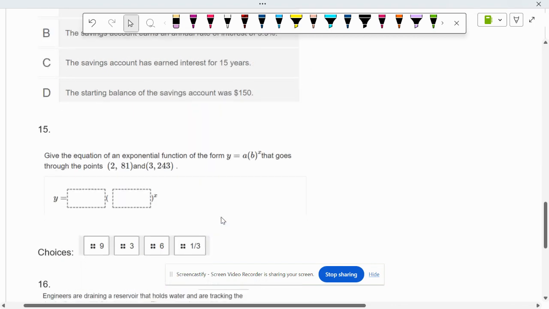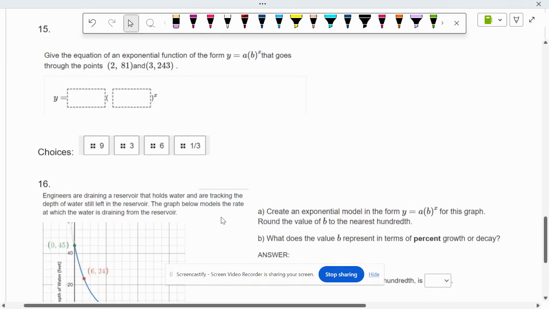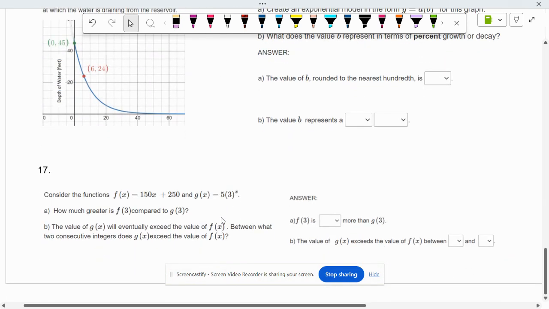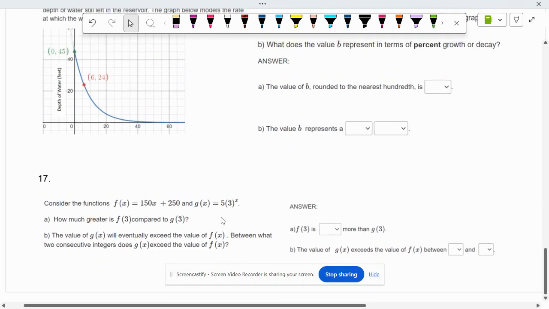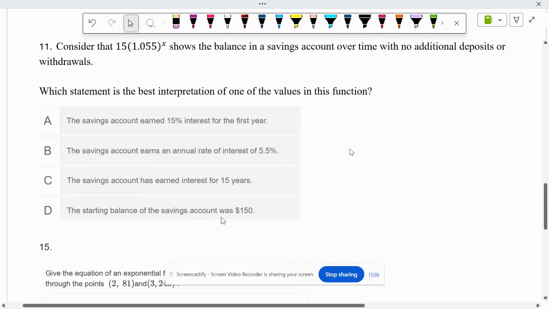So 2 of these questions, number 11 and number 16, came right from your review. And so did number 17. 11, 16, and 17 came right from your review. So consider that 15 times